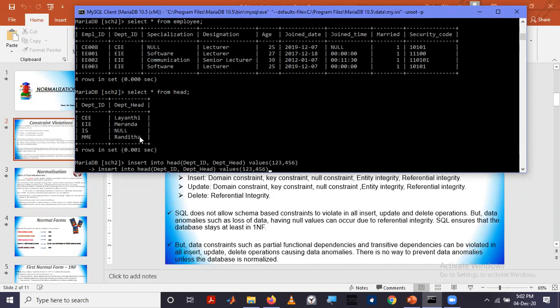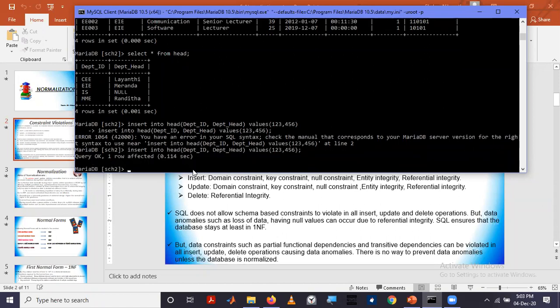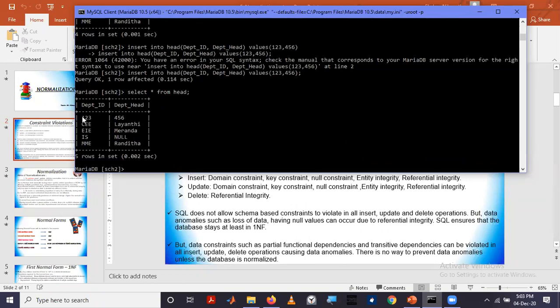Yes, it allowed. The reason is that these numbers have not been inserted as integers or any other number, but have been inserted as strings. So here I will not be able to demonstrate the domain constraint. I'll take the other table as example.